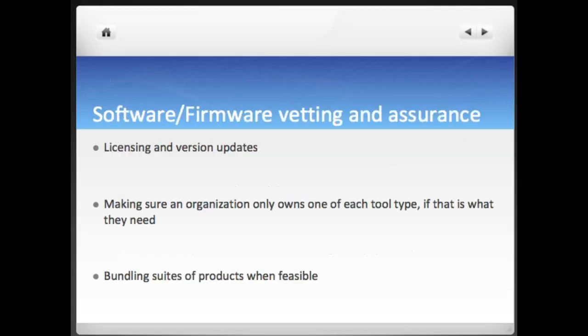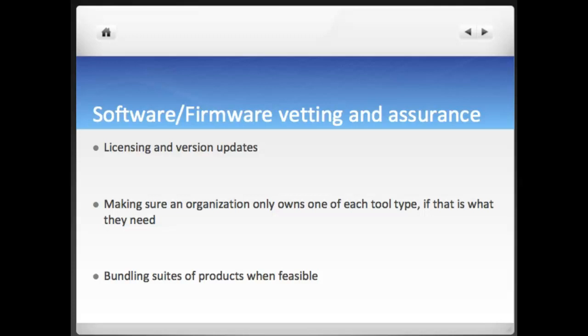So software, firmware, vetting, and assurance, right? Licensing. I'll tell you that security managers in particular are terrible at making sure that the licenses and the versions are up to date on things that operate access control and camera systems, things like that. You get these little warnings, and it's very commonplace for people to click and forget on the warnings. IT is responsible for making sure that licensing and versions are proper, mostly from the cybersecurity aspect now, because if you're operating off older versions of software, then it doesn't have the inherent and built-in protections that you need. Okay.